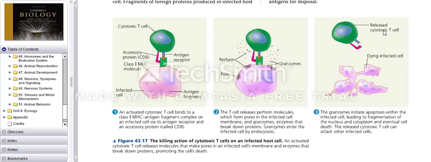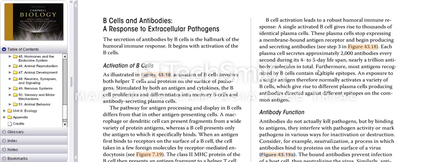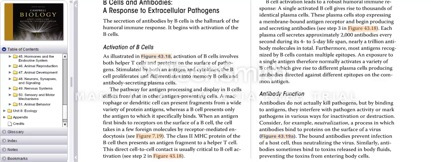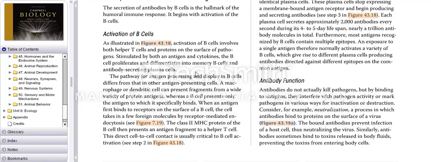We're now going to move on to B cells and antibodies. So again, like the cytotoxic T cells, this B cell section has a lot of similarities to the helper T cells, to infer to what we learned initially. So secretion of antibodies by B cells is the hallmark of the humoral immune response and begins with the activation of B cells. As we'll see in the figure when I go through it, the activation involves T cells